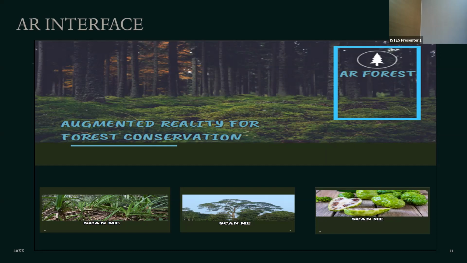So you don't need a tour guide to explain for you. It's just you and your handphone. For our project, in the first phase, we only choose 3 trees.